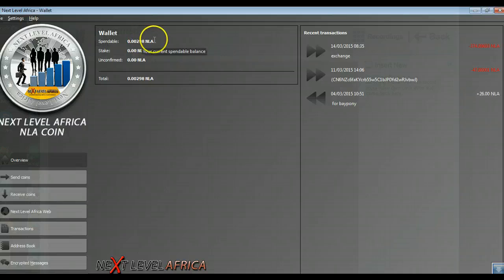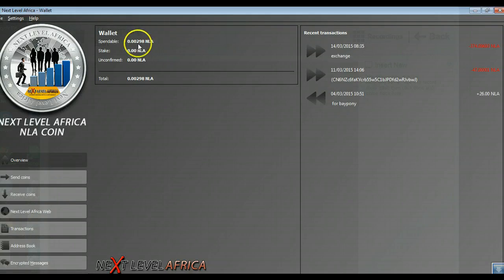So the syncing process actually goes through and updates everything that's happened in this wallet. So when it finished syncing, all those coins were gone, and now I have just the fraction of my coin, which is